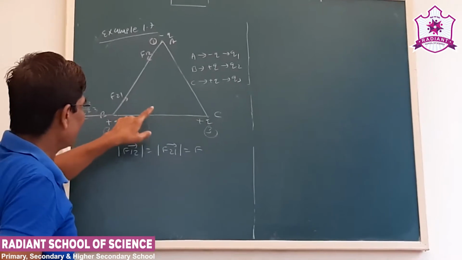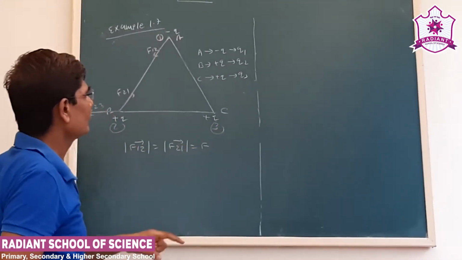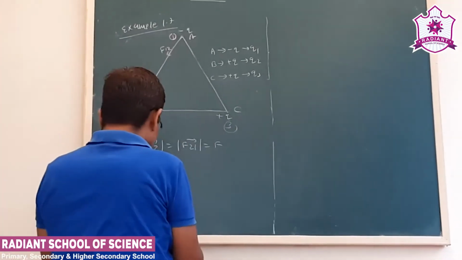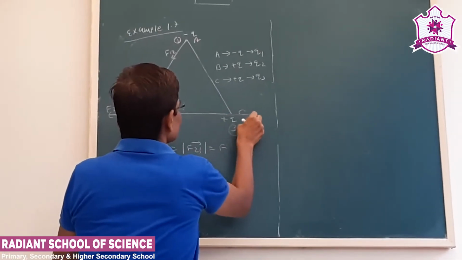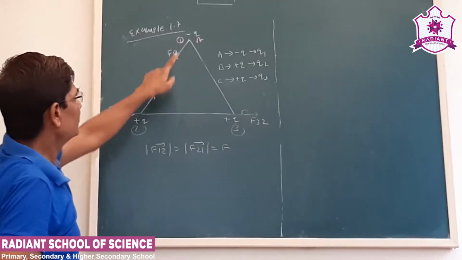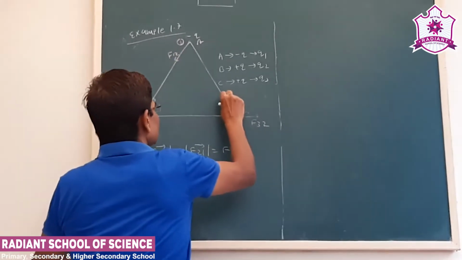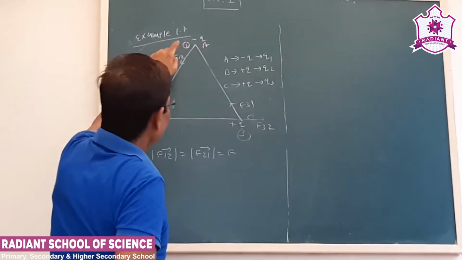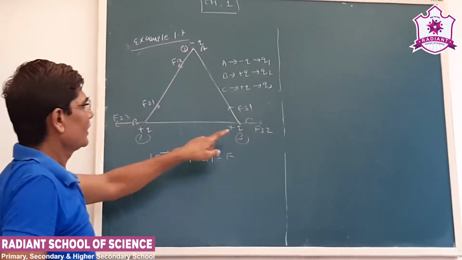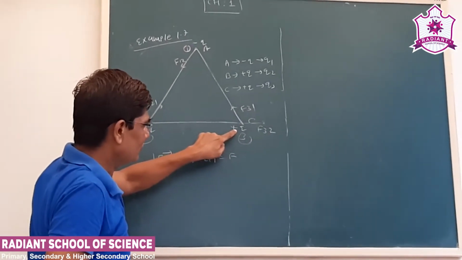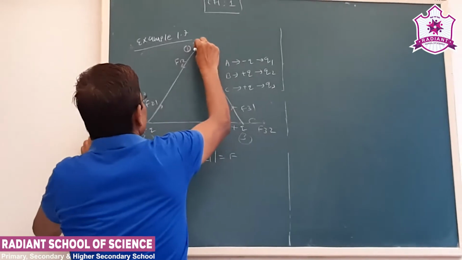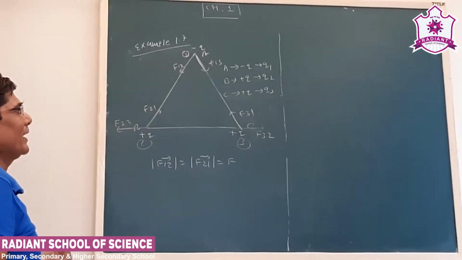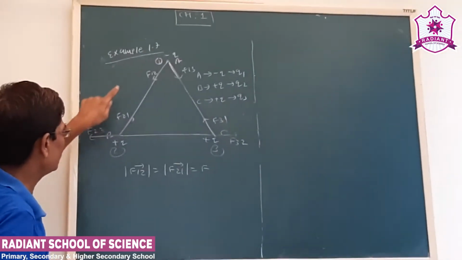Similarly, we can say the force on the charge at C. Now these are again like charges, so the charge at B will repel. So what we can see here is F32, and this will be attracted. Okay, this is the attractive force. Similarly, the charge at plus Q also will attract this. That is F13.